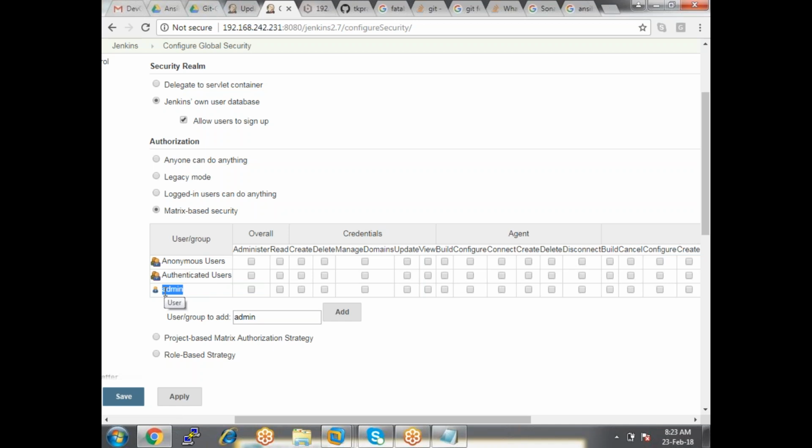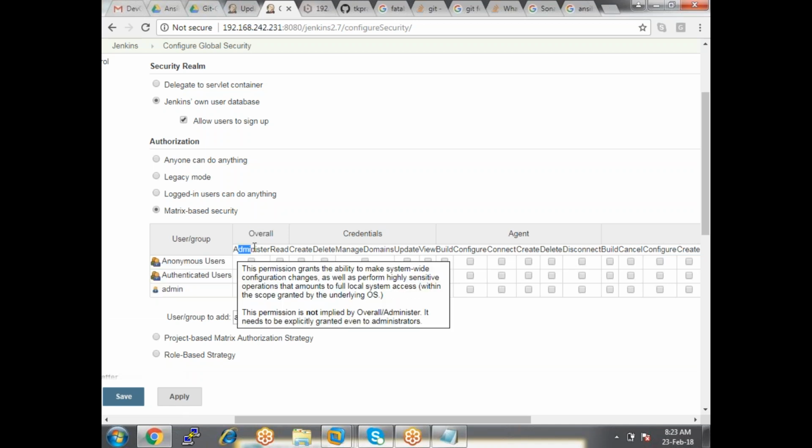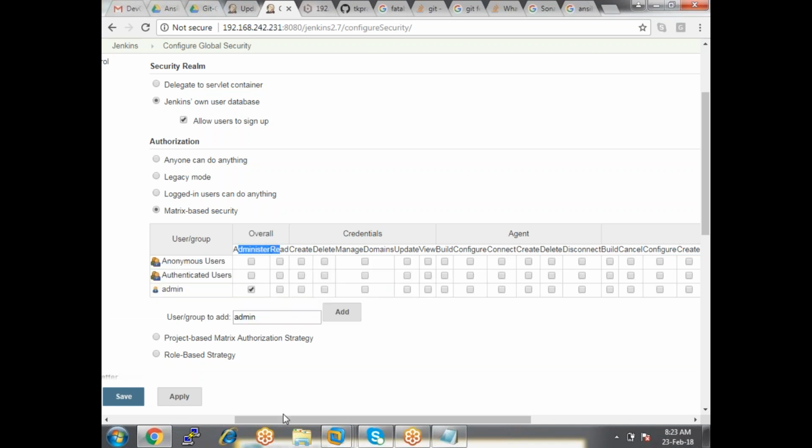So I want to give him the entire level of access to the Jenkins application. How do we do that? Look at overall access. Just give administrator access. Now he'll be our administrator.